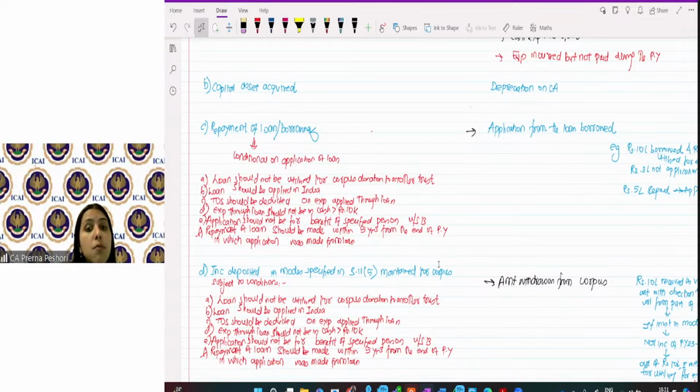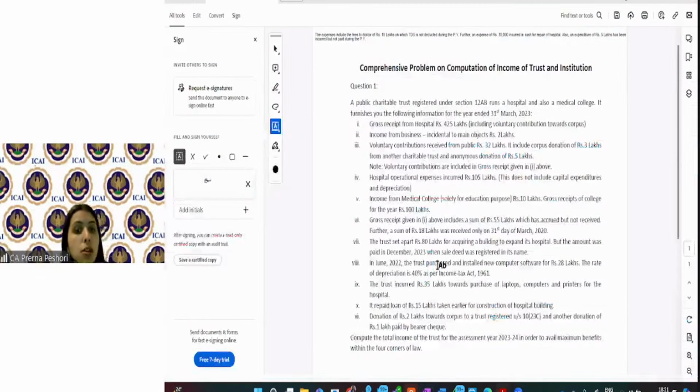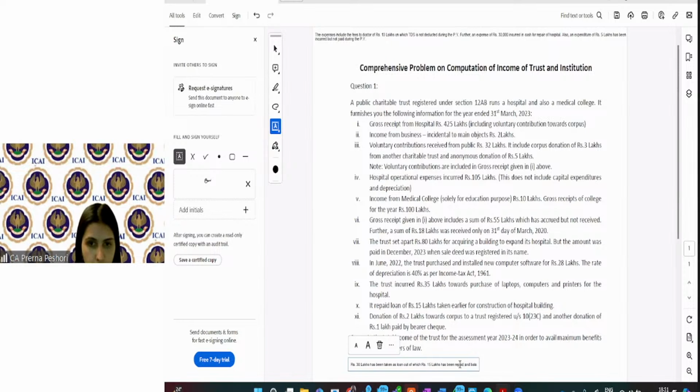Repayment of loan should be made within 5 years from the end of the previous year in which the application was made from the loan. So if any application is made from the loan borrowed, that is not considered as the application. But when the repayment is made, so here you can write the adjustment that 40 lakhs was taken as the loan, out of which 30 lakh is applied for charitable purposes and balance has been repaid. So you can write like this over here. I'm writing for your reference. Rupees 30 lakhs has been taken as loan, out of which rupees 15 lakhs has been repaid and balance has been applied during the year